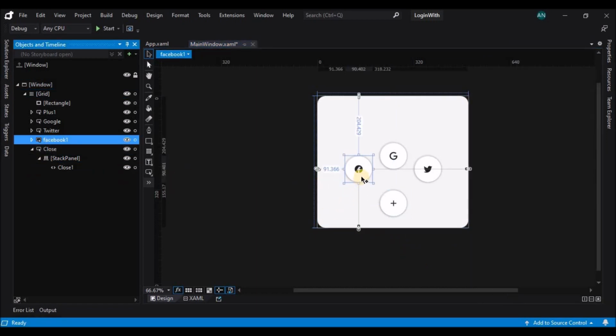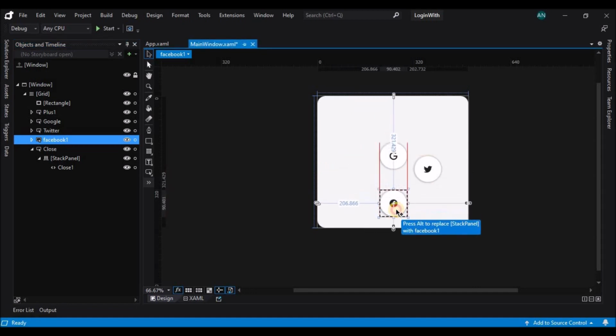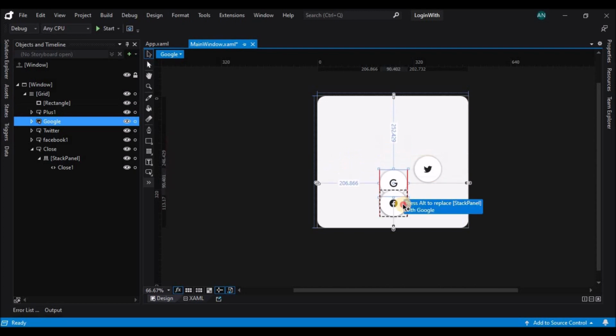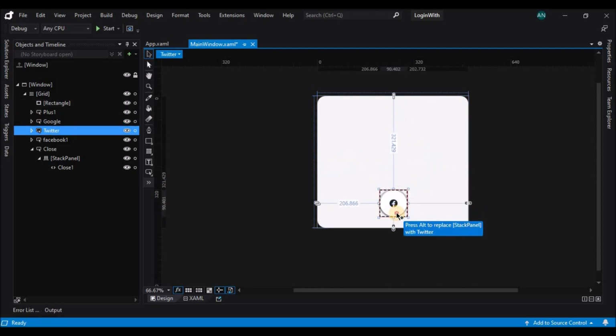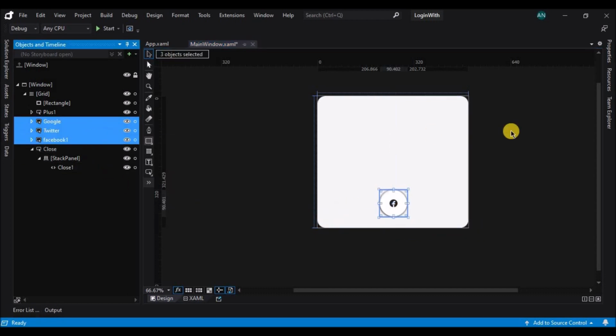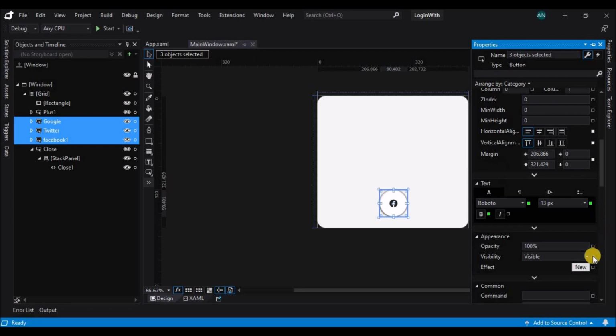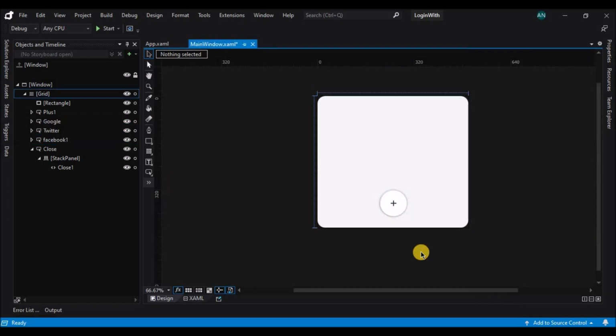So select, before that, let's reposition them, and now let's select the 3 buttons and set the initial property of visibility to hidden. Okay.